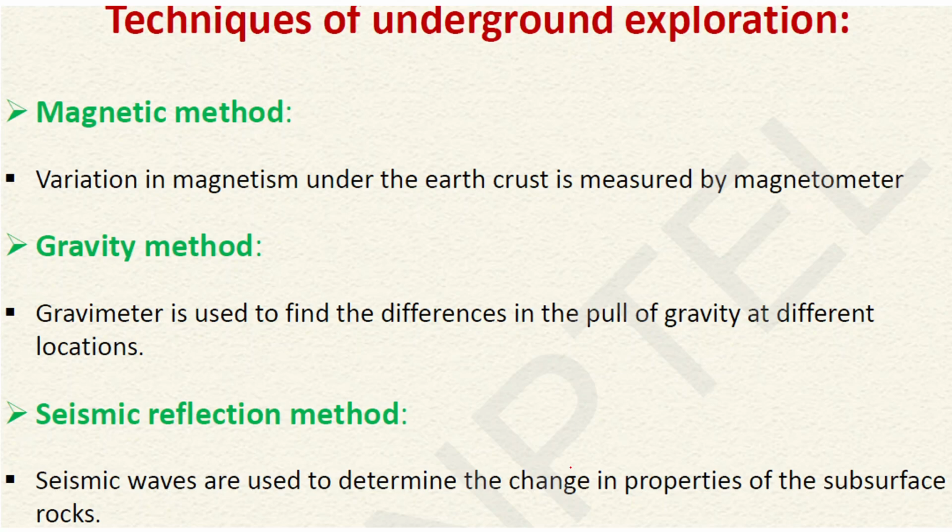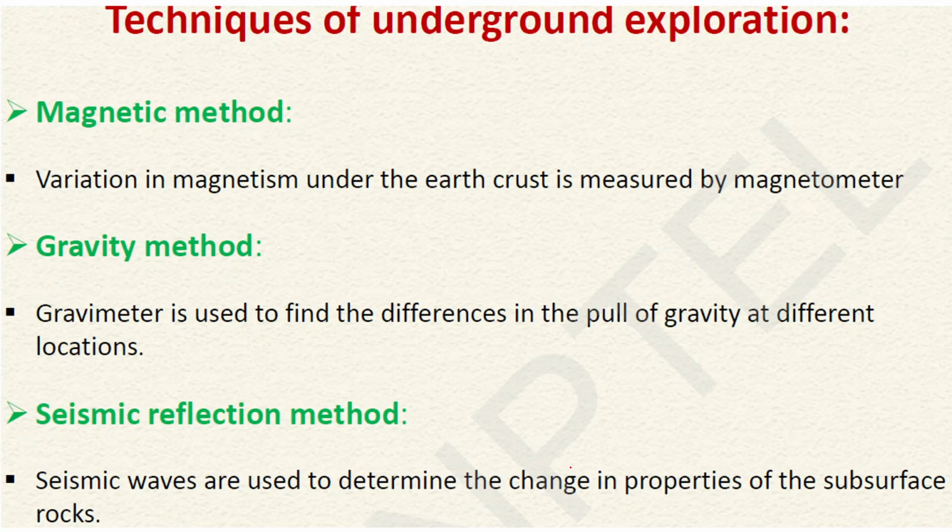As we know, different locations on Earth have different magnetic fields. Where crude oil is present deep below the Earth's surface, the magnetic field is different, and at other places where there is no crude oil, the magnetic field is also different. So by using a magnetometer, we extract magnetic field data at different locations on Earth's surface, and by analyzing and studying that data, we can determine whether crude oil is present in an area on Earth's surface or not.